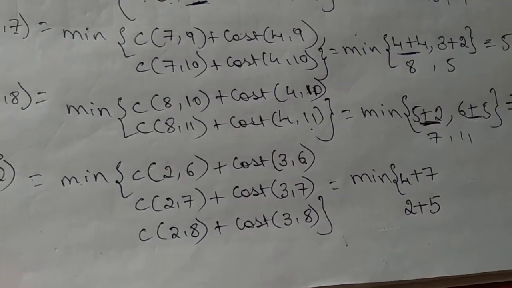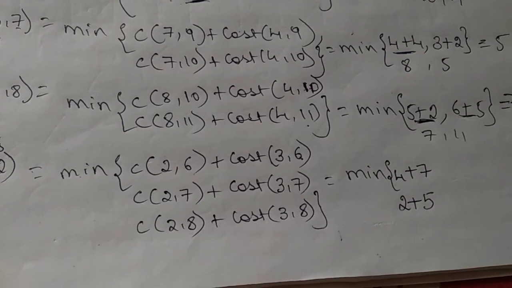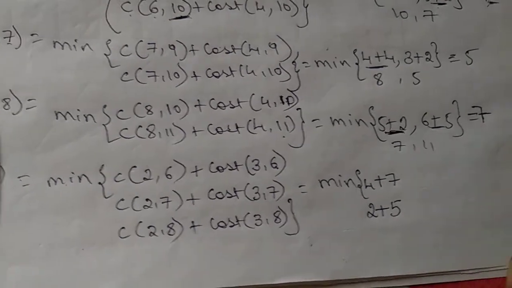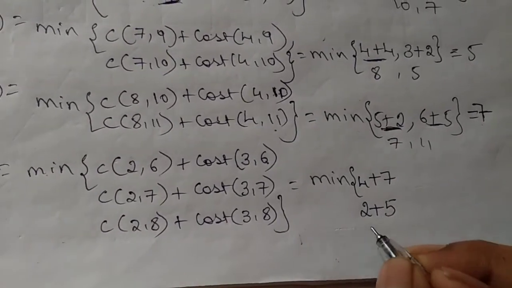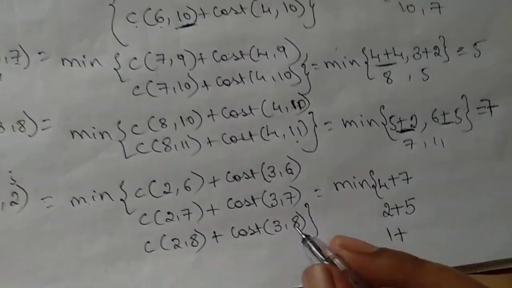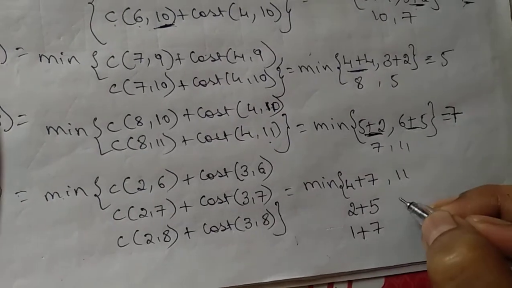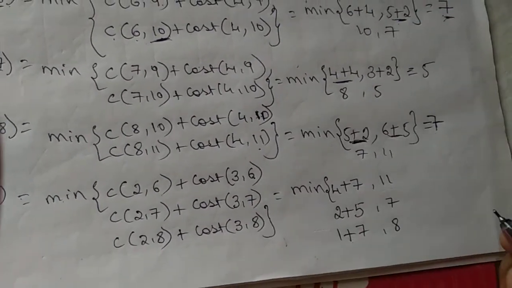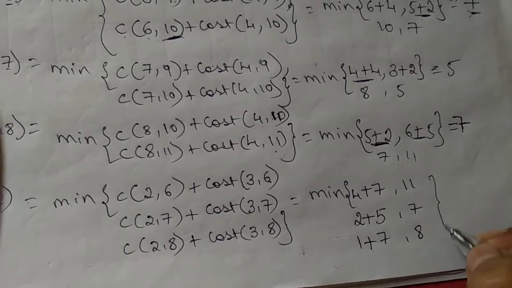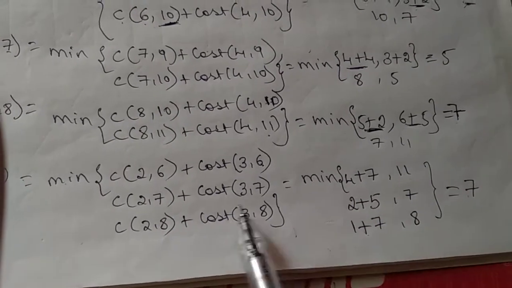Again I am telling, cost of 7 you should not go for the graph, you have to go for your table, because there we have already found out the minimum cost from 7 till 12. So again cost of 2 to 8. 2 to 8 it is 1 plus, what is the cost of 8? It is 7. So I have got it as 11, 7 and then 8. Which is minimum among these? 7 is minimum. Again I have got the value 7 from which vertex?